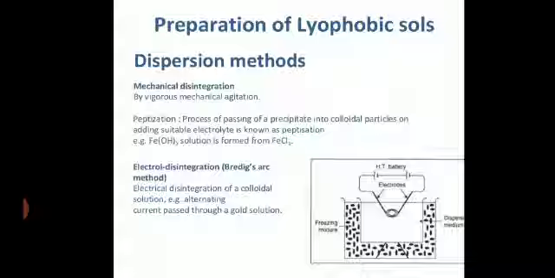You just have to pass electric current, and touch the hot electrode to the cold water repeatedly 20 to 30 times. On every touching some amount of gold gets dissolved in the water, and the transparent solution gets converted into translucent solution. So this is known as Bredig's arc method, or electrolytic or electro-disintegration method. Alright, so these are the different methods of preparation of colloidal solution.